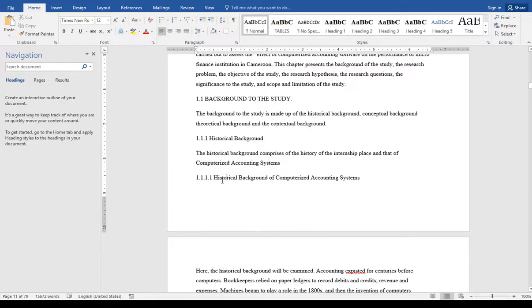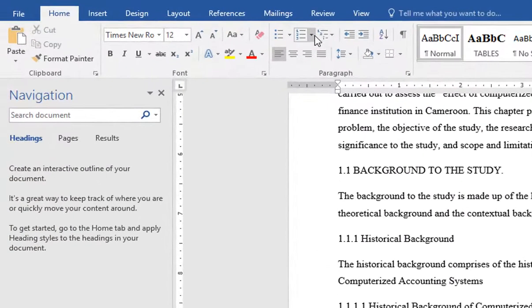Alright, the first thing you have to take into consideration is, with this method you should make sure that the numberings are not automatic. What do I mean by automatic numbering? Let me take a simple example. If I write here 1.1.1, alright, let me remove it. What I mean is, at this level you should not have a sort of automatic numbering